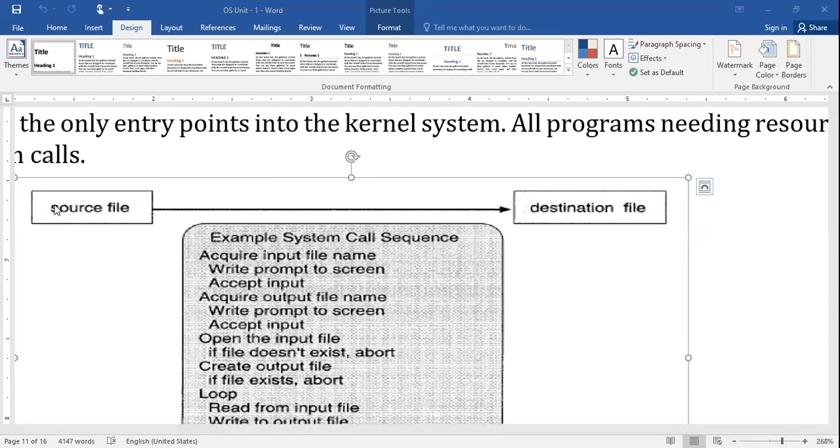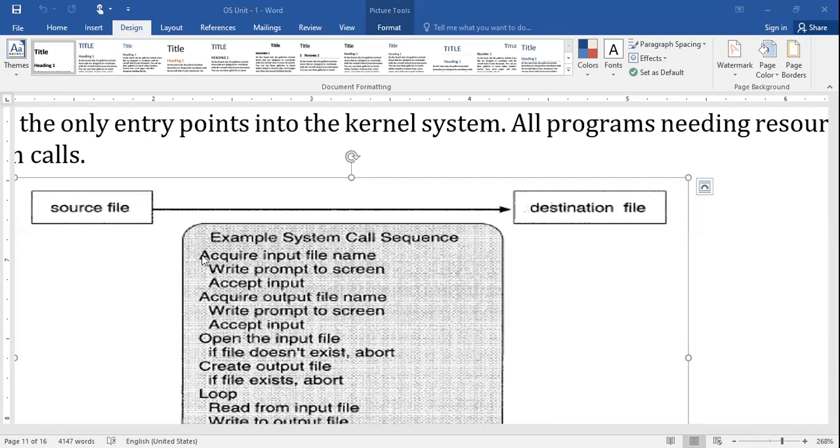All right. So here, my intention is to copy the contents from a source file to a destination file. This is the user task. For that, what is happening internally, how the system calls are executed, in what sequence, we'll try to see. First of all, you need to have a source file and a destination file, and the source file should contain some data. That data will be copied into the destination file.